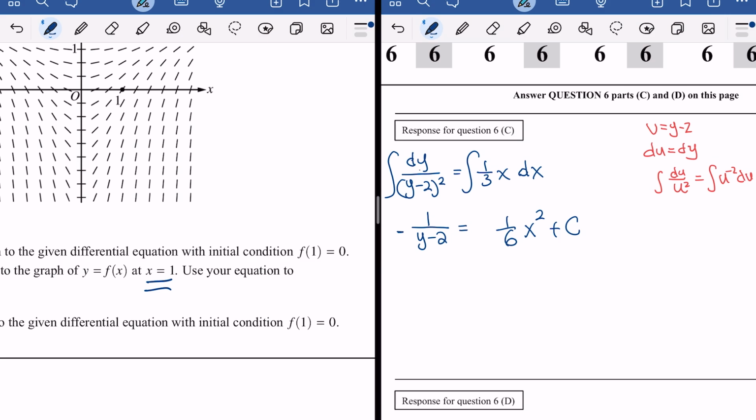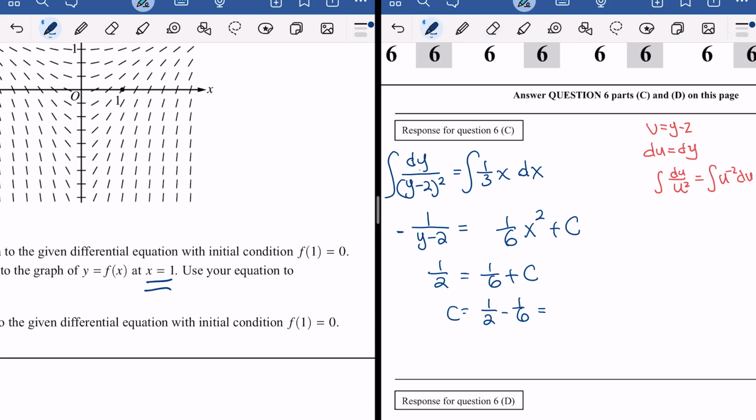When you plug in 0 for the y value, this will be 1 over negative 2, but negative will be 1/2. Plugging 1 for x is 1 over 6. We're going to find the c value, and in this case, c value is 1/2 minus 1/6. Again, I do not recommend you to do safe stop here because we need to find the actual y equation. So this will be 2 over 6, you can leave it unreduced, which is fine, or 1/3